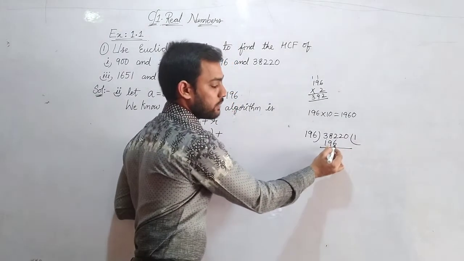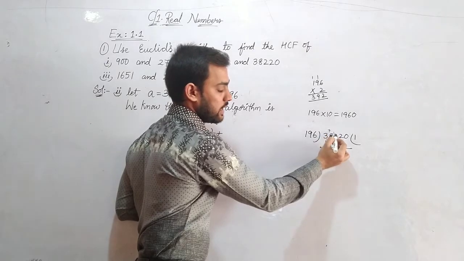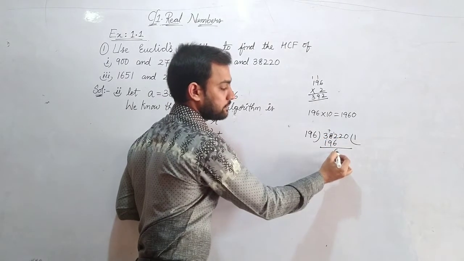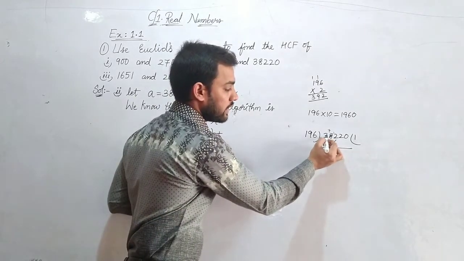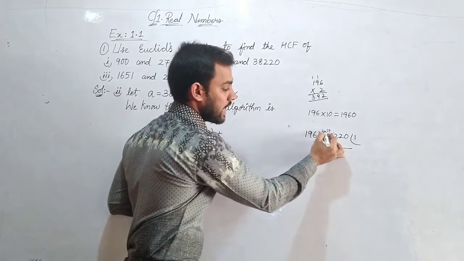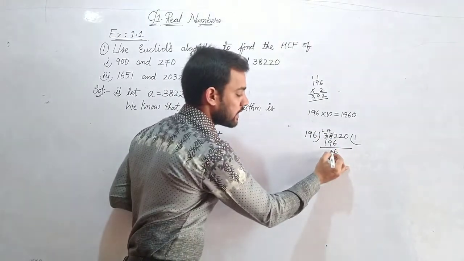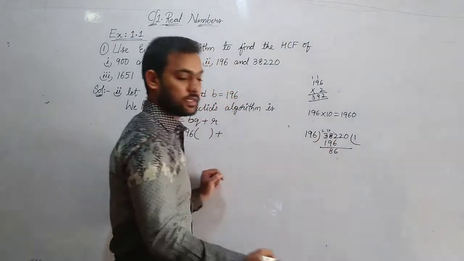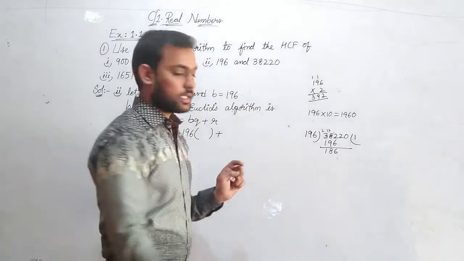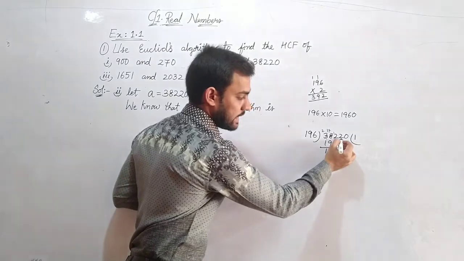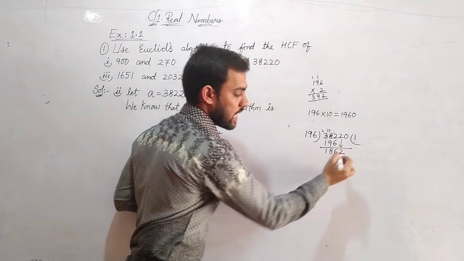So when you subtract, 2 minus 8 is not possible, so borrowing from here it will become 12 and here you have 7. 12 minus 6 gives you 6 and then again 7 minus 9 is also not possible. So borrowing from here you will get 17 and here you will have 2 remaining. 17 minus 9 when you do, you will get the answer as 8. Right? And then 2 minus 1 is 1. Then we will take our next digit of this dividend, that is 2, needs to be carried down.